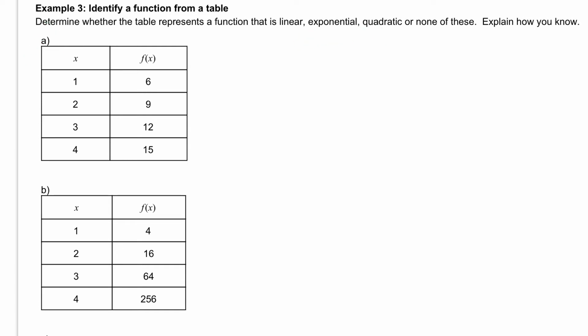So let's take a look at letter A. First thing we want to look for is, can we subtract? Do we have that common first difference? So let's try that out. We do 15 minus 12 gives us 3. 12 minus 9 gives us 3. 9 minus 6 gives us 3. Since we have the 3 here, we have a common difference, and we can tell that that is linear. So our answer here we would say is linear